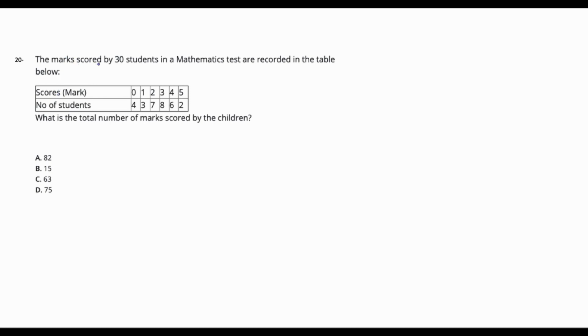Question 20 says the marks scored by 30 students in a mathematics test are recorded in the table below. What is the total number of marks scored by the children? Here you might be tempted to just add up the scores and say we have 15, but that's not the case. So what we have to do is simply multiply the marks by the frequency and then add them all up. So we have 0 multiplied by 4 plus 1 multiplied by 3